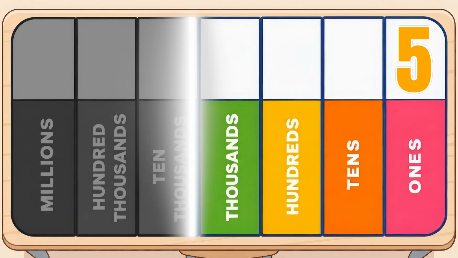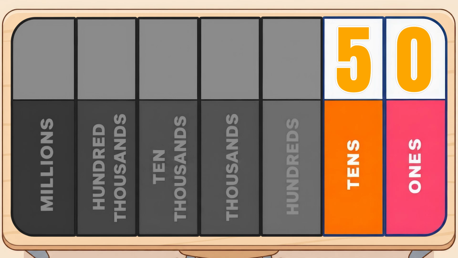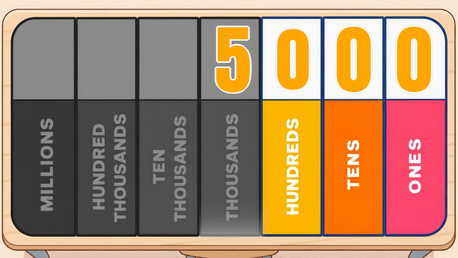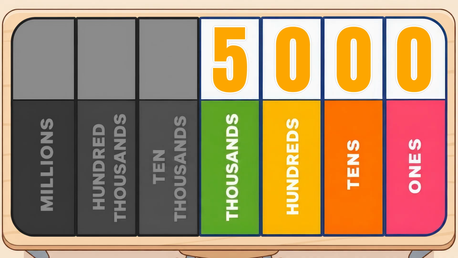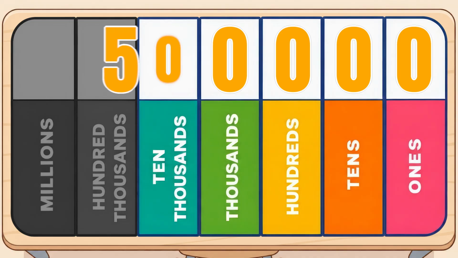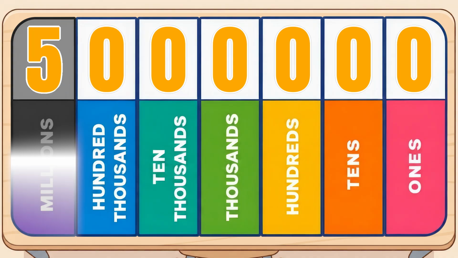Watch this little digit 5 in the ones place. It just means 5. 5 little ones. Now move it one spot over to the tens place. Now it means 50. Move it again to the hundreds place. That's 500. And again to the thousands place. That's 5,000. Keep going to the 10,000s place. That's 50,000. Again to the 100,000s place. That's 500,000. And one more, all the way up to the millions place,